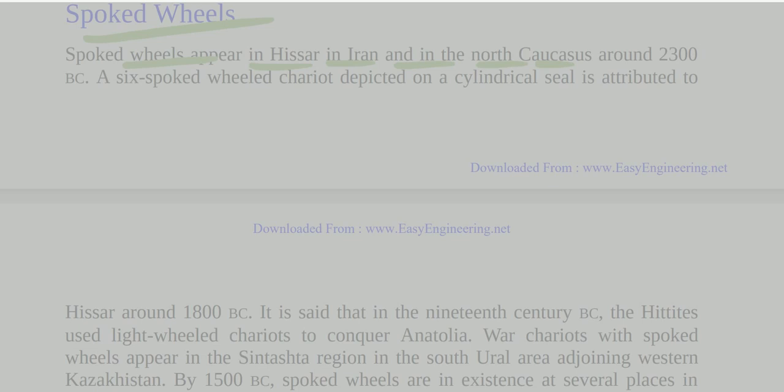Spoked wheels. Spoked wheels appear in Hisar in Iran and in the North Caucasus around 2300 BC. A 6-spoked wheeled chariot depicted on a cylindrical seal is attributed to